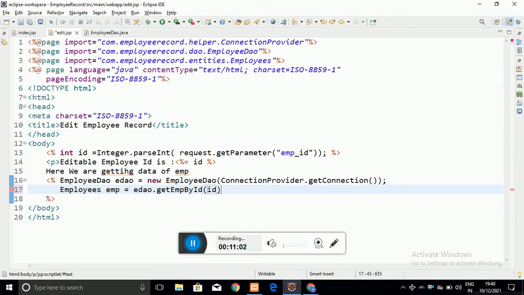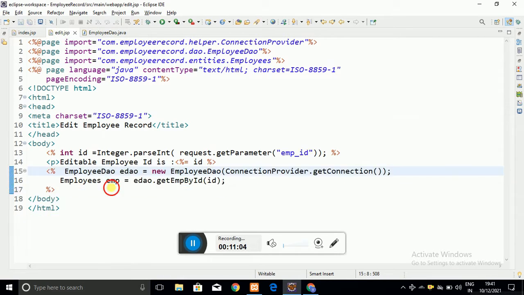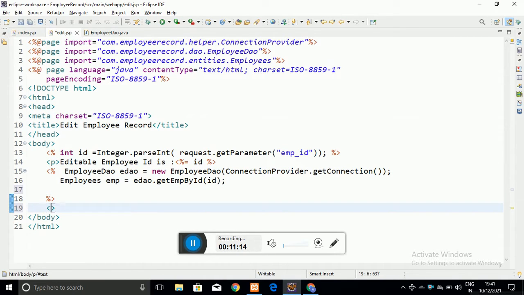Employee dot get employee by id, and the id which I got, I have passed to that method. In this way, all the data related to that particular employee is fetched and stored into the employee instance which I have created.